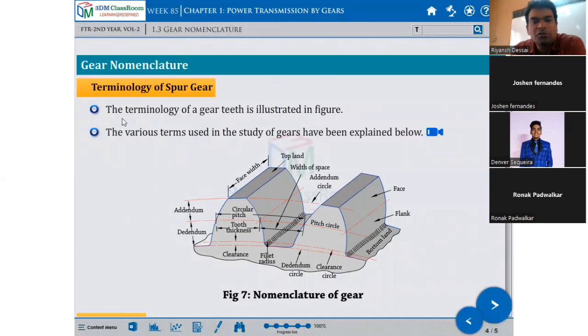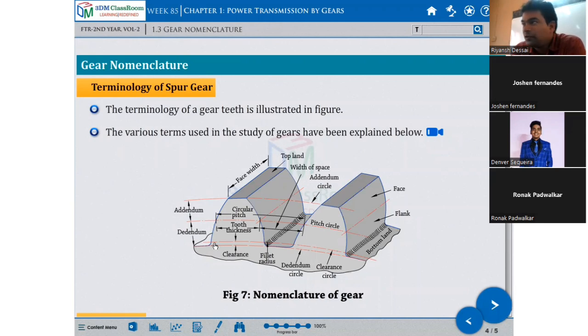Okay, the gear terminology, gear nomenclatures. The terminology of the spur gear, terminology of gear teeth is in the figure. You can see the various terms used in the study of gears have been explained below. For example, you can see here